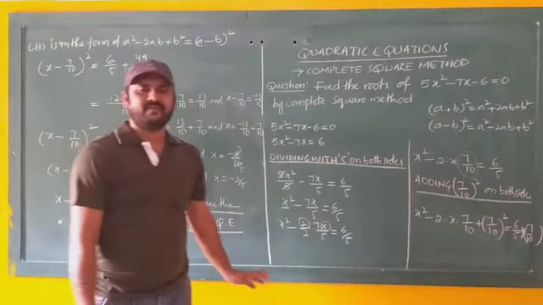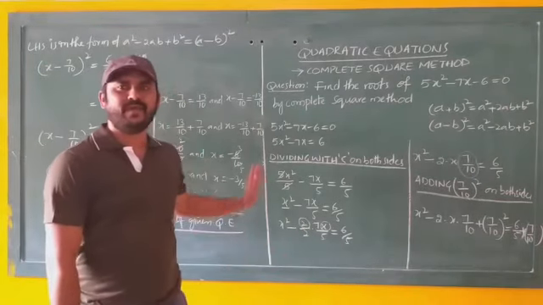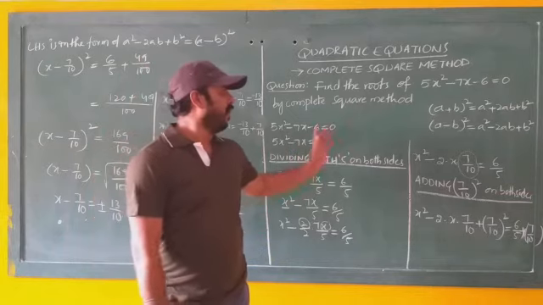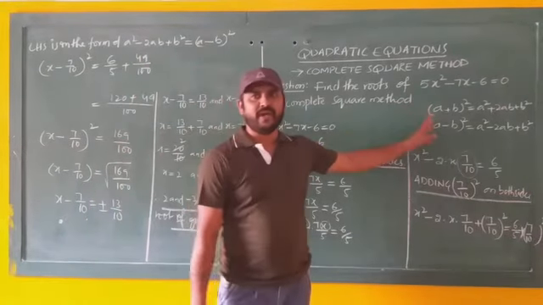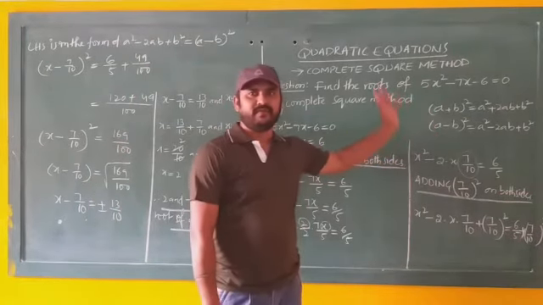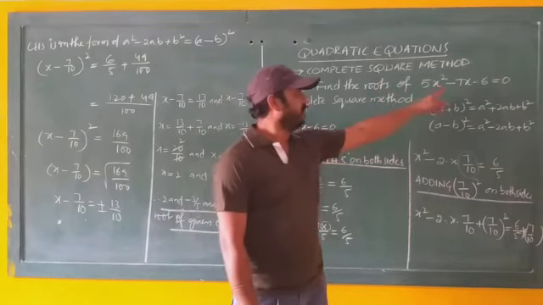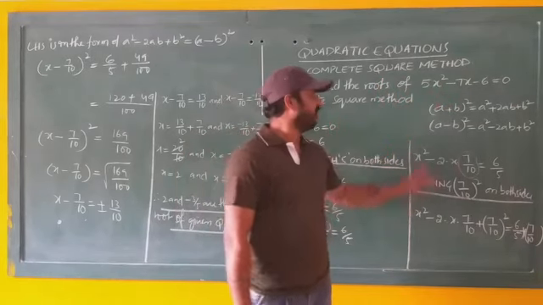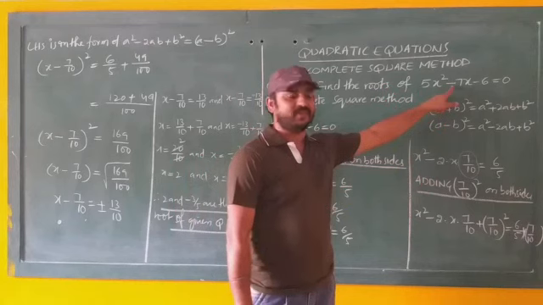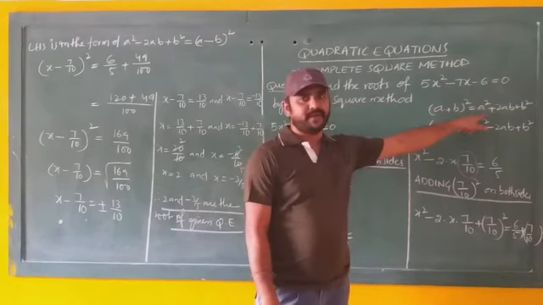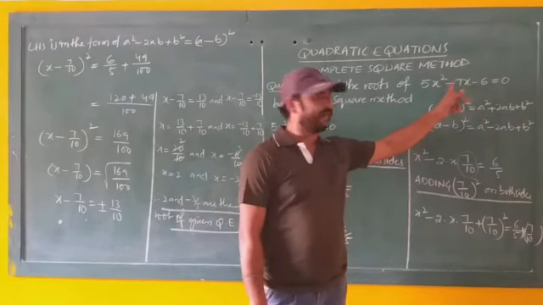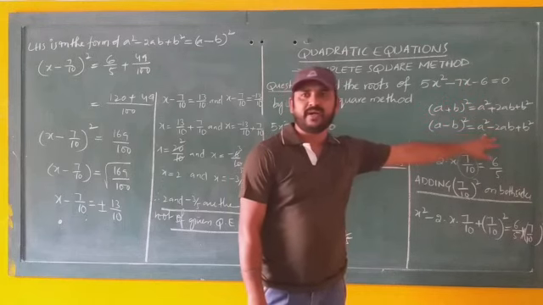Okay, this is the method we solve the quadratic equation by using the completing square method, and we use only these two identities to solve a quadratic equation in the completing square method. You just have to observe only one thing: if the second term is positive, you have to use the first algebraic identity. If the second term is negative, you have to use the second algebraic identity. Thank you.